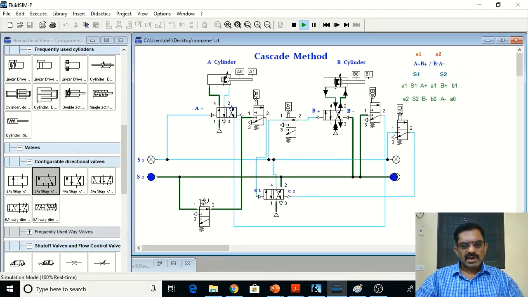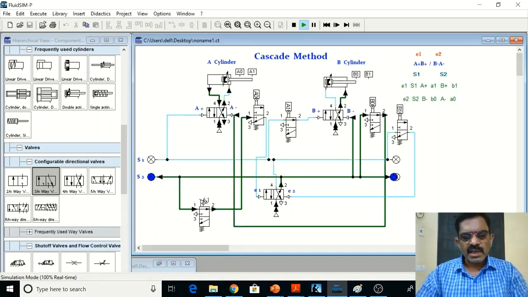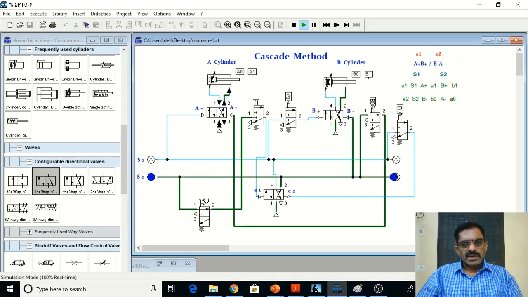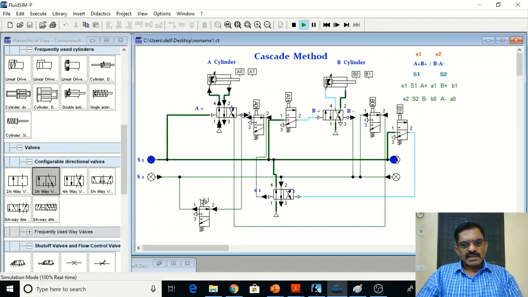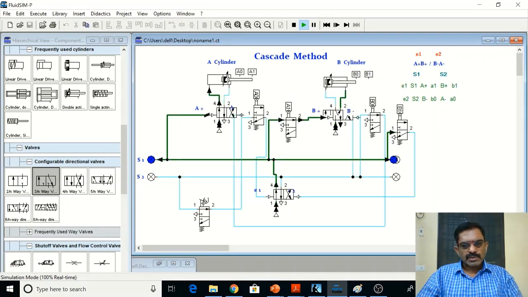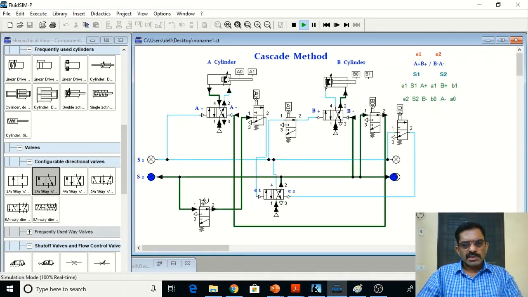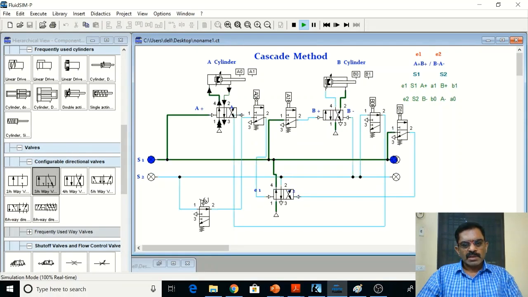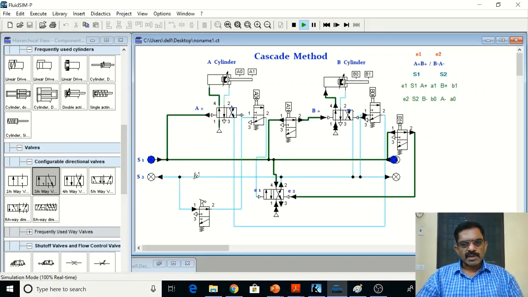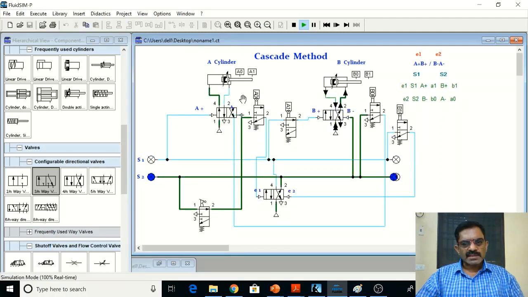So an application of this operation we can have like this, a drilling operation. So one cylinder, A cylinder, is carrying the workpiece. So A cylinder will clamp the workpiece, and B cylinder will perform any punching operation, drilling operation, or any other mechanical or machining operation. So now punching is done, and the workpiece is released from A cylinder. So the tool is connected to B cylinder. That way we can have n number of examples with this A plus, B plus, B minus, A minus operation. So this is my simulation of my cascade circuit. So let us stop the simulation.